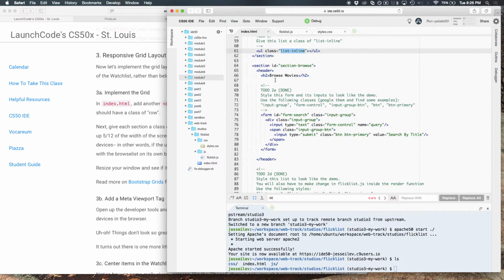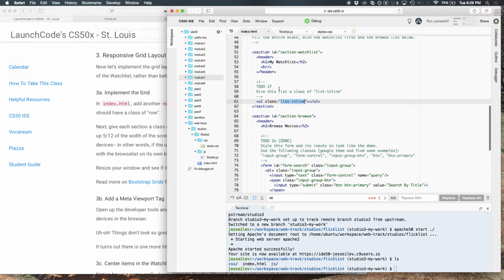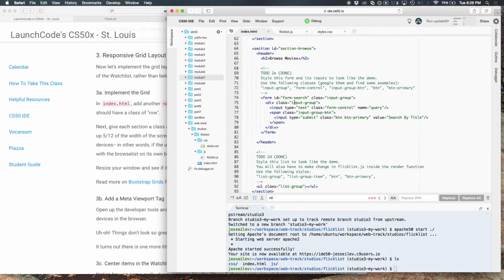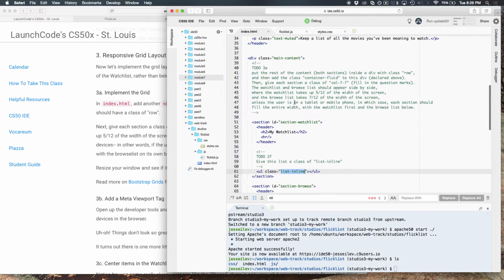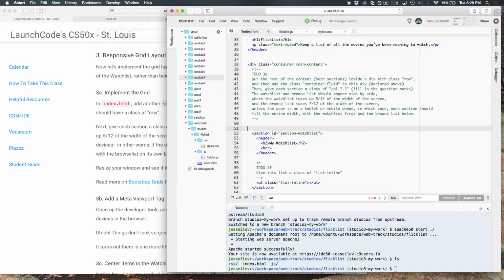So we want to make a grid so that it's a column with one thing on the left and one thing on the right. The way we do that is in the HTML file. We've got this new div wrapper around both sections with class main content. I'm going to give this an additional class, container. And the other thing I'm going to do is make a new div, a div within the div,